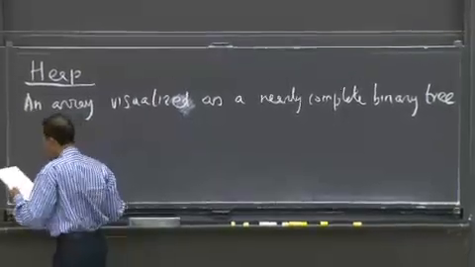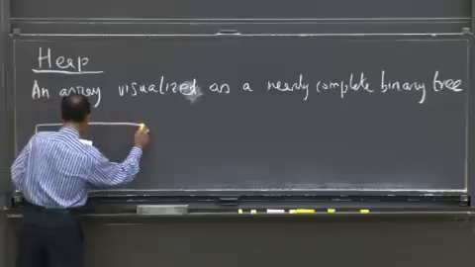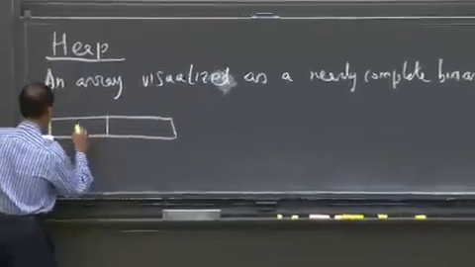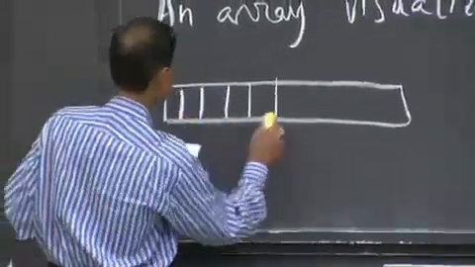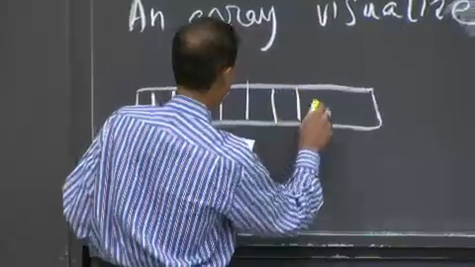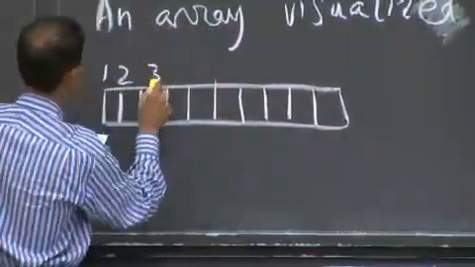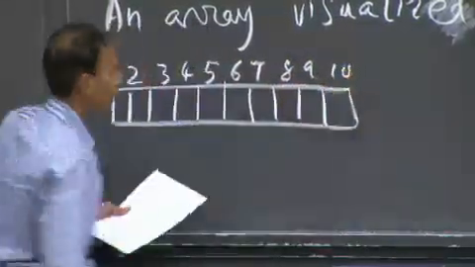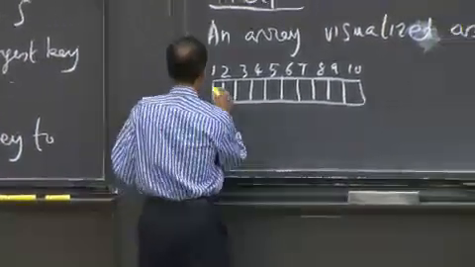And so what does that mean exactly? Well, the best way to understand that is by looking at an example. We've got 10 here, so 1, 2, 3, 4, 5, 6, 7, 8, 9, 10. So here's my array of 10 elements, and the elements are